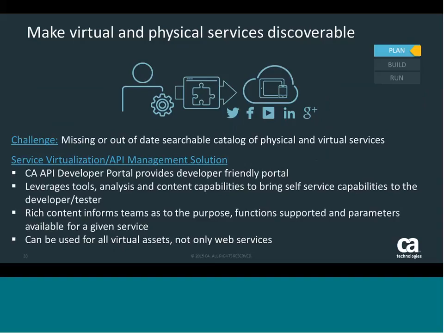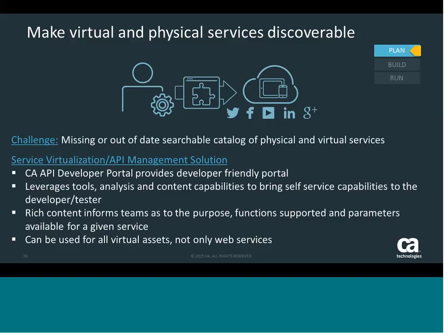So in our first one under plan, we have the ability to create a virtual service catalog that not only has all of your implemented or physical services, but also your virtualized services. And the API developer portal allows you to pull all of those infrastructures together, all of those metadata together, to where you can have users search and find: are there things about products? Do we have recommendations? Do we have customers? Do I have plans that customers fall under? All of the different business domains that you work with every day,